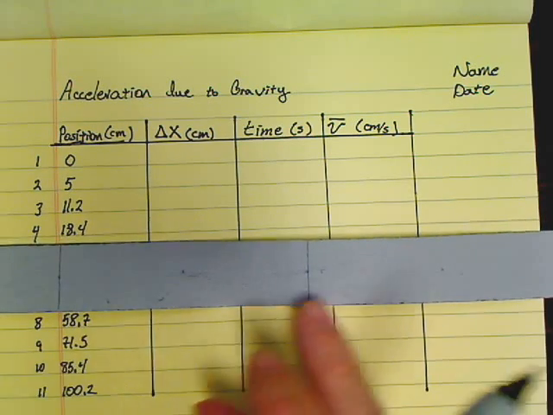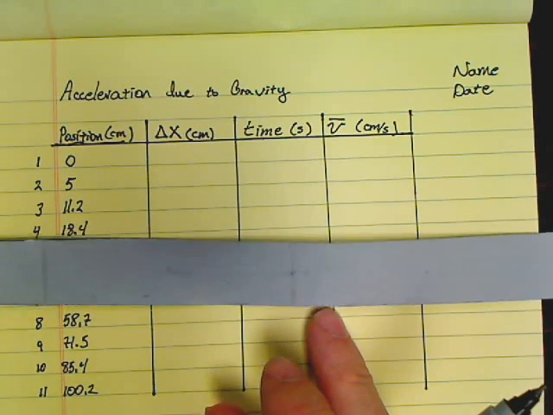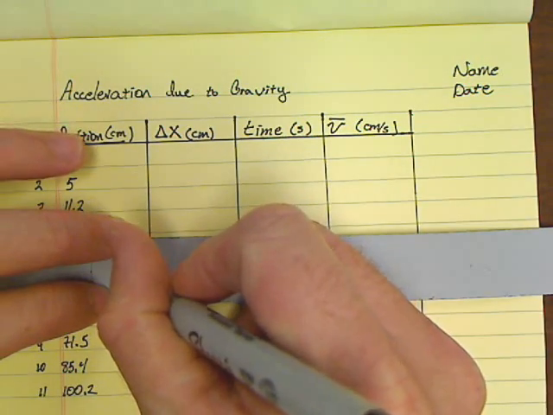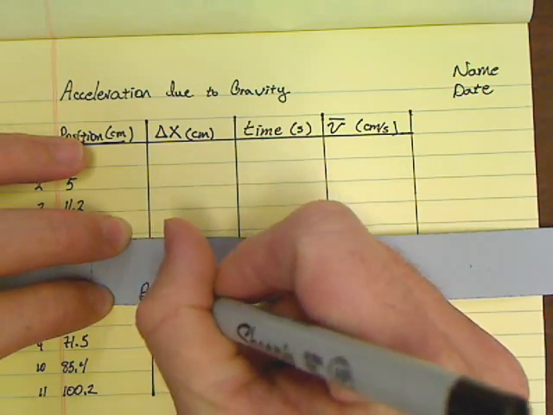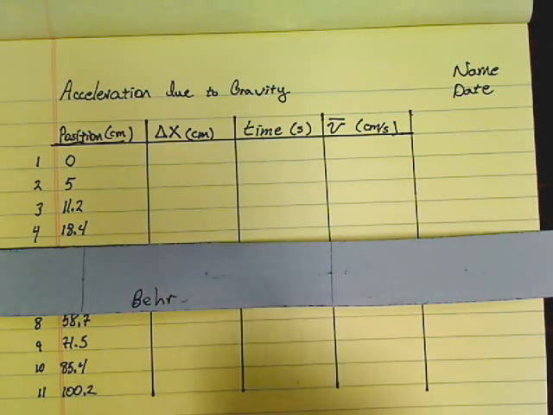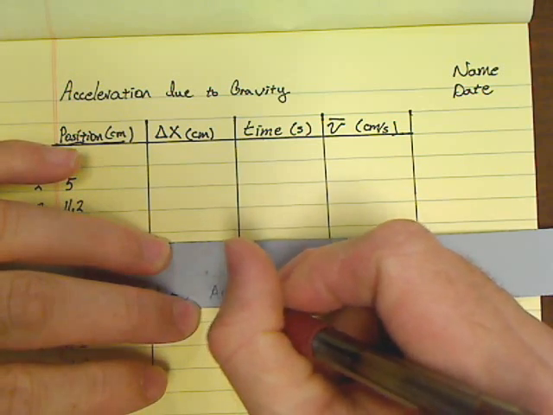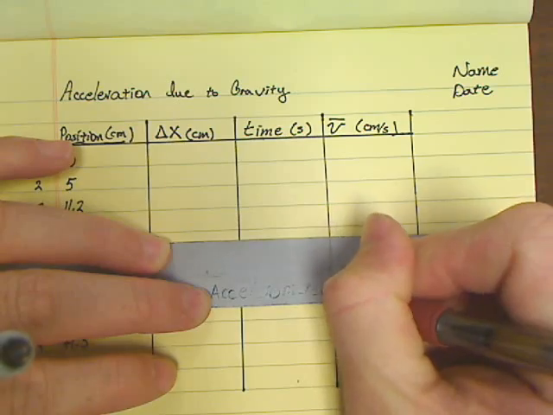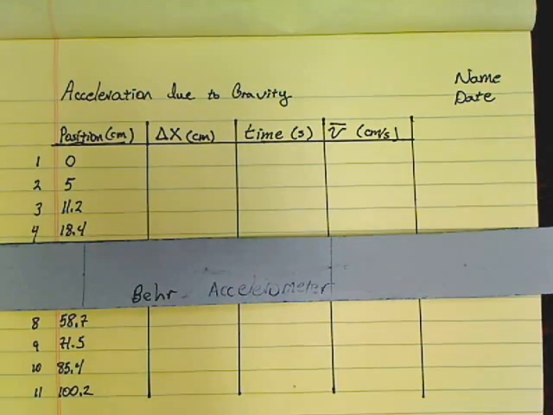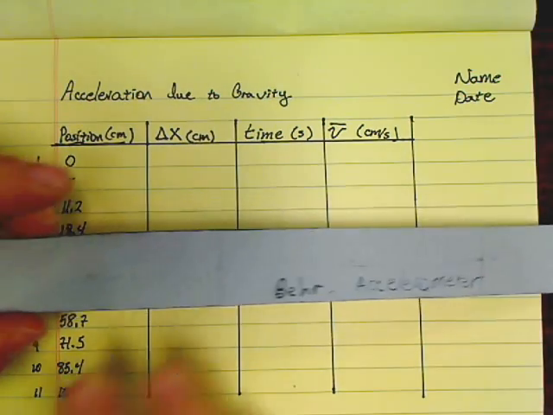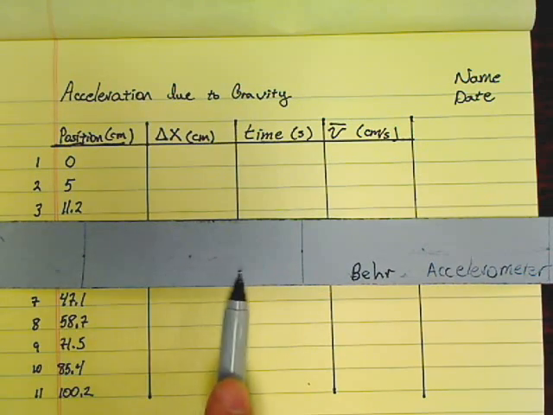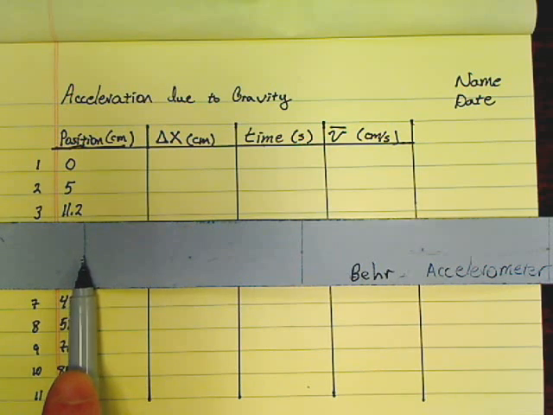All right. This strip of wax paper we found by using what was known as a Behr accelerometer, B-E-H-R. Can you read wax paper writing via a camera? I don't know. But anyway, what that accelerometer did was it had a freely falling plummet, and every 60th of a second